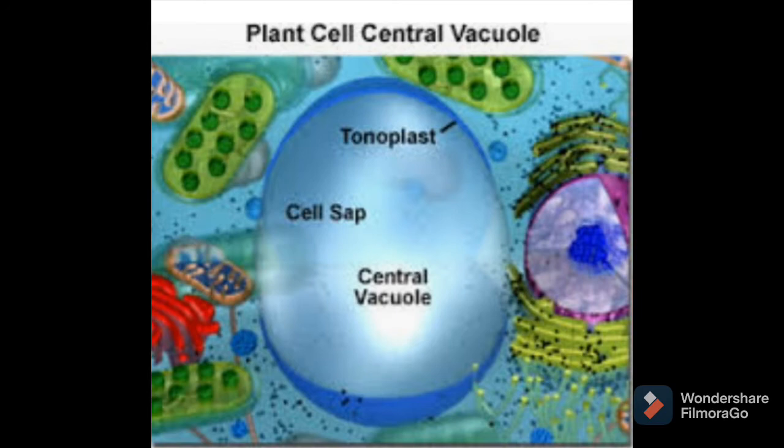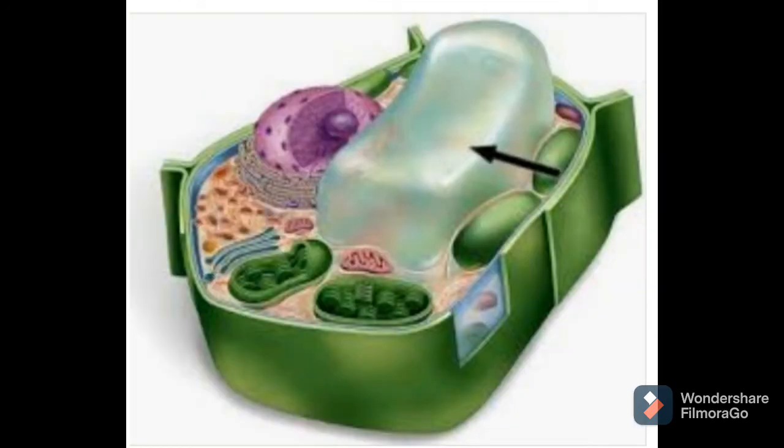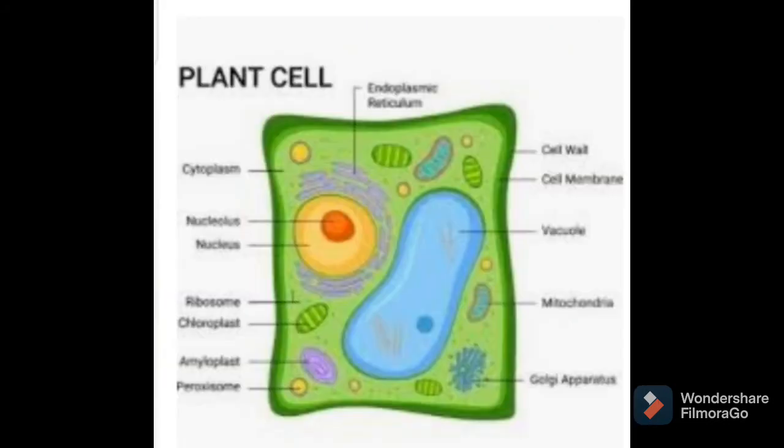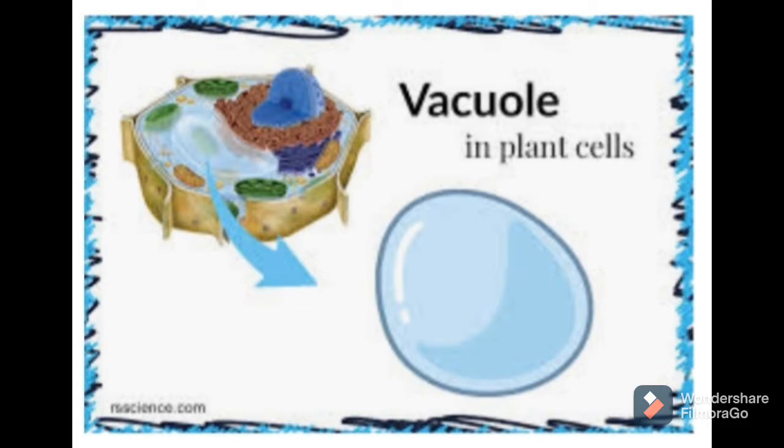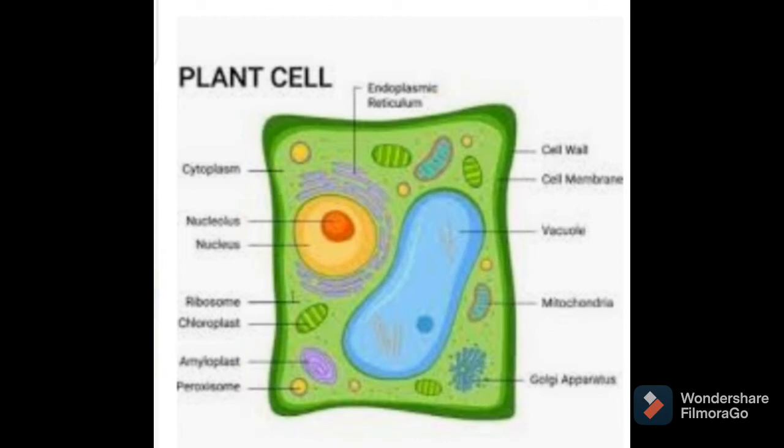When we observe the plant cell, you can see in the diagram that almost 50 to 52% of the area is covered by the vacuole, because these vacuoles are larger in size. What happens in a mature plant cell? The small vacuoles fuse to form a single, larger central vacuole, which, as you can see in the diagram, is situated near the nucleus.